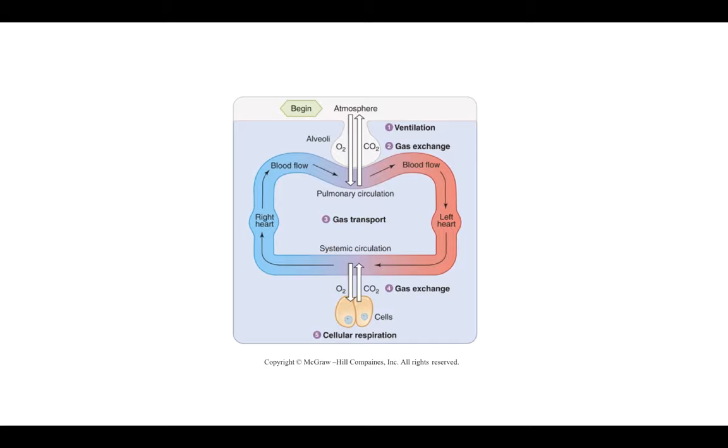So then this oxygenated blood is pumped by the left side of the heart to the systemic capillaries. And over here we have this exchange between the body cells and the systemic capillaries, in which the body cells receive oxygen from the systemic capillaries to create more ATP, and they take the metabolic waste from the body cells and transfer it to the systemic capillaries to the right side of the heart, and begin the cycle over again. And that is